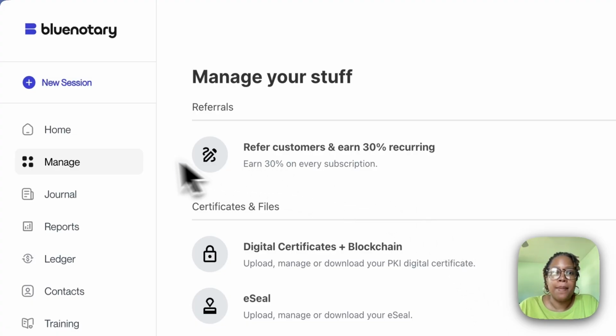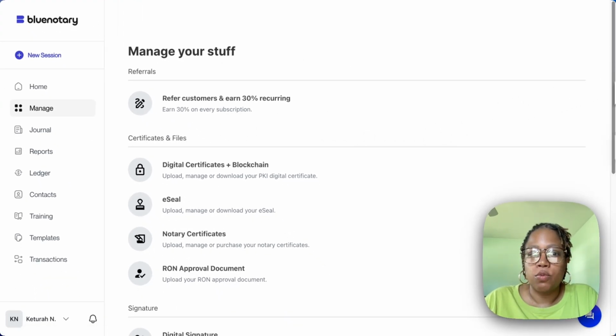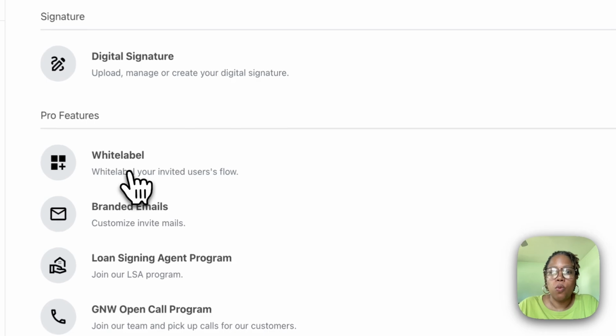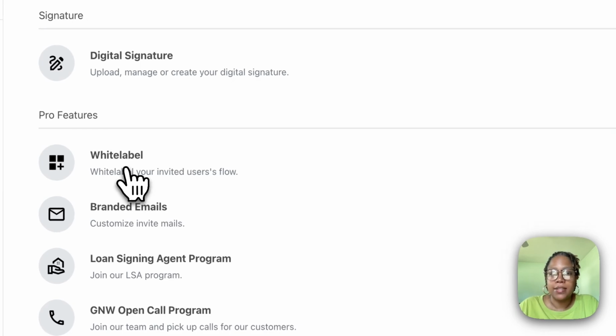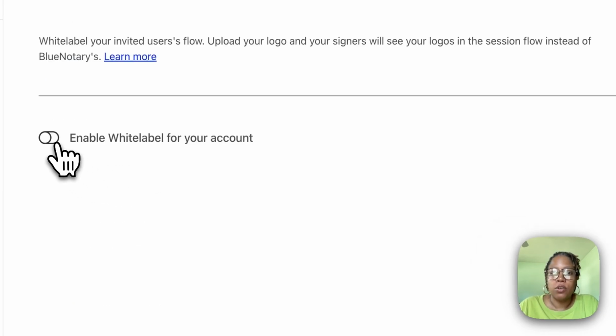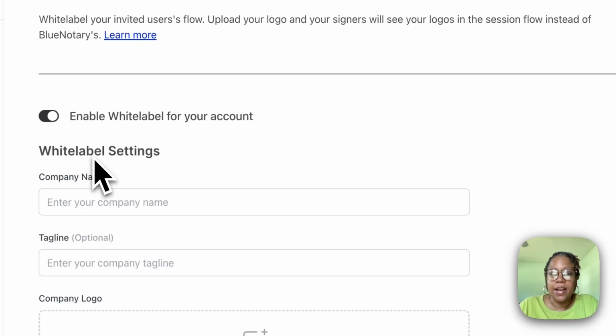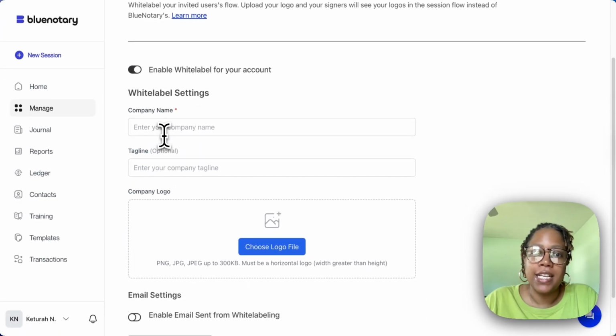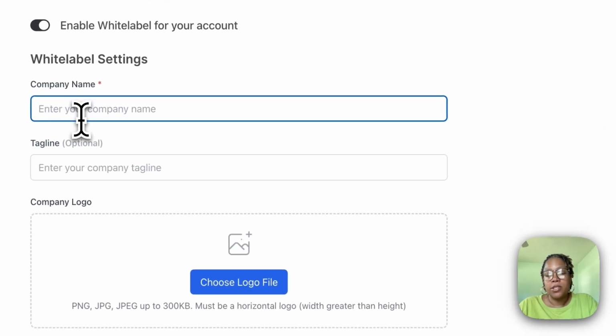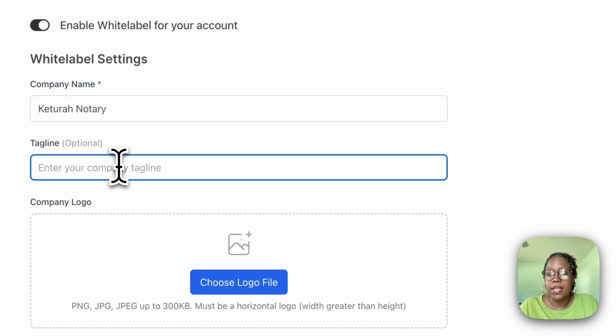So here I'm in my Manage tab of my BlueNotary account. And what I'm going to do is scroll down to white label. So I'm going to click this and I'm going to toggle on enable white label for your account. Now here I have some information I need to enter. I need to enter my company name, but I'm just going to put my name as Katara Notary. Now, if I have a tagline like a slogan that I want to use, I can add it. So I'll put fast, quick